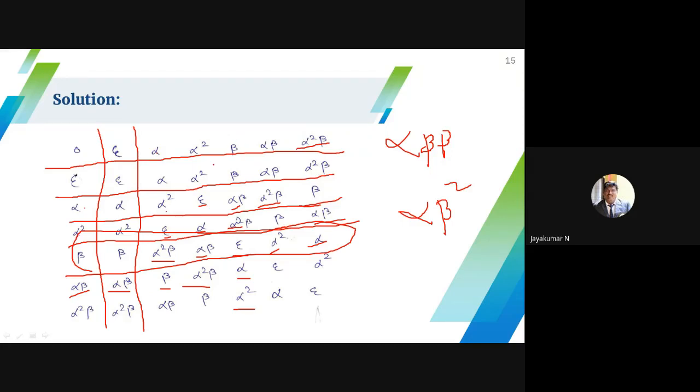Whatever order you write it, that is alpha square. Just think of an easy way. So try to remember in an easy manner. You may find some structure from this table. So remember the structure, and easily you can fill the table. No need to show all the things. Once you fill the table, at least 2 to 3 examples are enough.